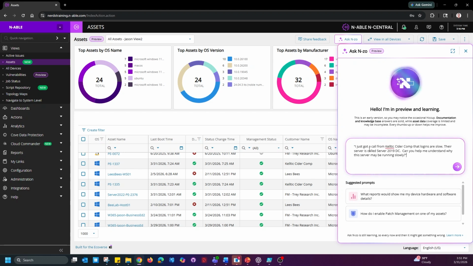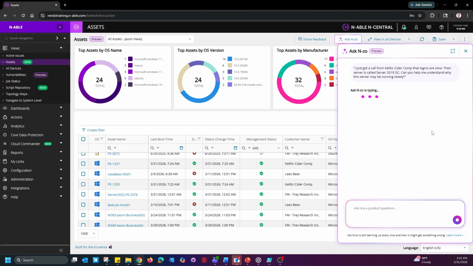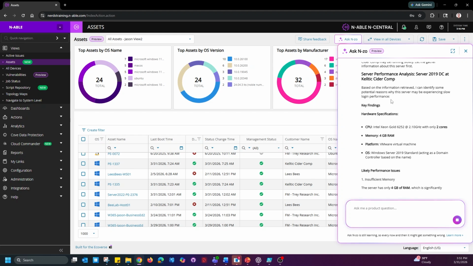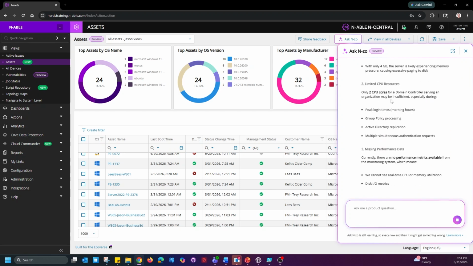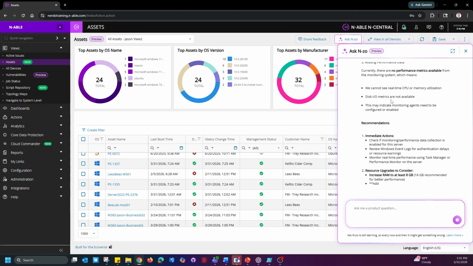This says, I just got a call from Celtic Cider Company that logins are slow. Their server is called Server 2019 DC. Can you help me understand why the server may be running slow? And I'm going to execute on that. Of course, Enzo is going to do a little bit of searching and understanding. And now you can see that it's listing out all of the things that could be a potential problem with